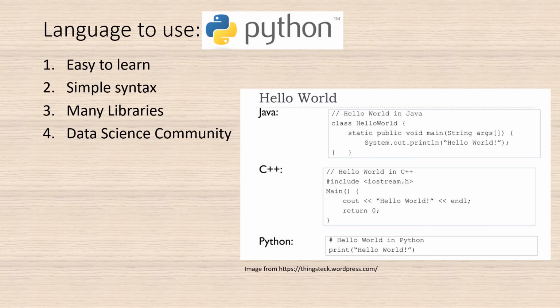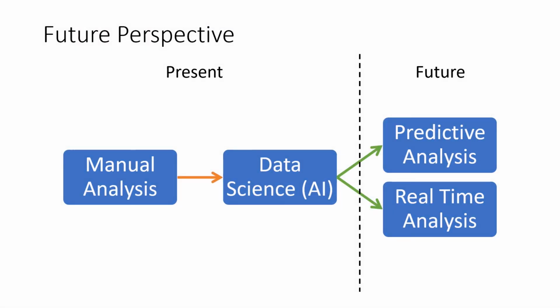4. Python is most used by the data science community, so there's a lot of information to refer to when certain errors have popped up during the development process. And lastly, Python is free for everyone. The application of data science in engineering analysis has a huge potential in the future, in which predictive analysis can be developed in addition to the AI that can handle real-time analysis with a massive amount of data.